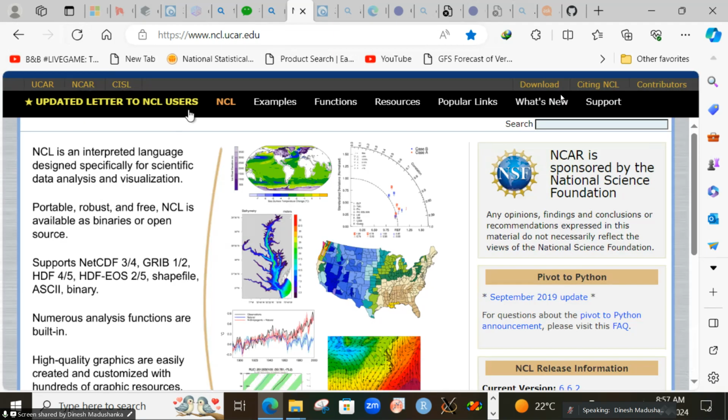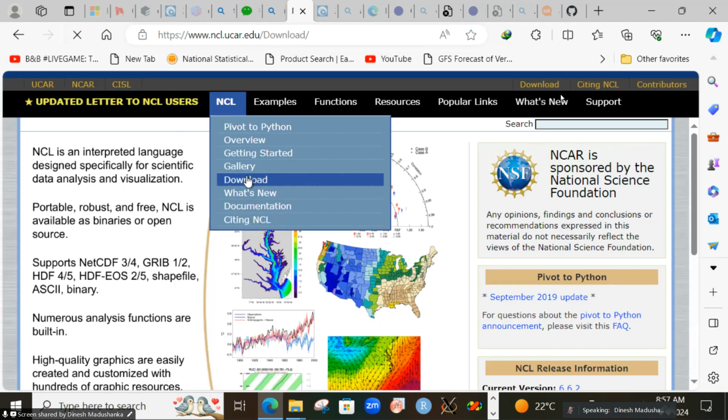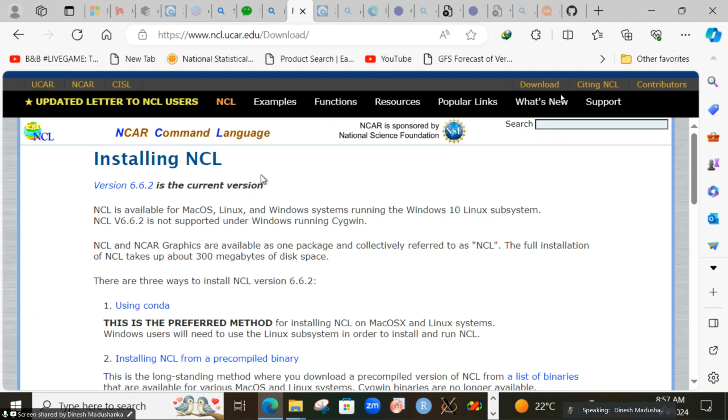Now, why are we continuing? Because we used that command to remove it. We just remove the NCL if you install it using sudo apt-get install. If you install using this method, that NCL will be removed using the command that I will send to the group. But if you follow the steps like mkdir and copy the contents from the location, after you type the remove command for this one,